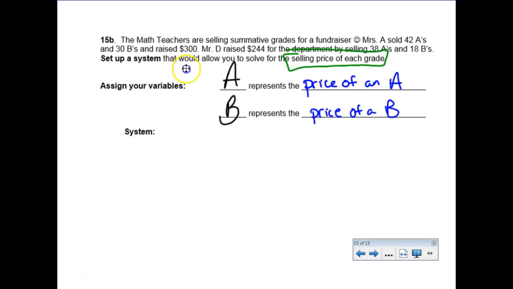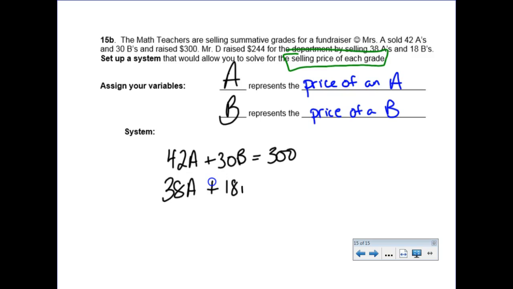So Mrs. Abruzzo, this is A here, is selling 42 A's plus 30 B's for a total of 300. Then Mr. D is 38 A's plus 18 B's for, where are we at? 244. And again, you just got to set up your system, clearly define your variables. Just like on that other section, if it's not clear and very specific, you're not going to get the score that you want, because that's going to